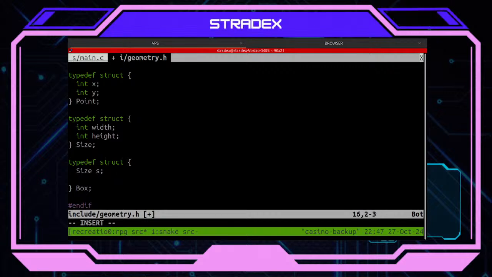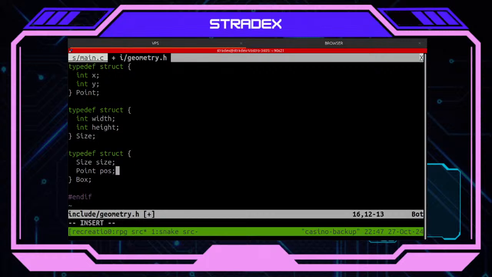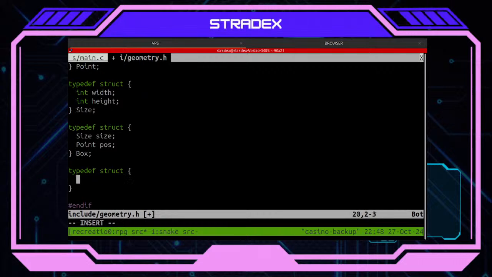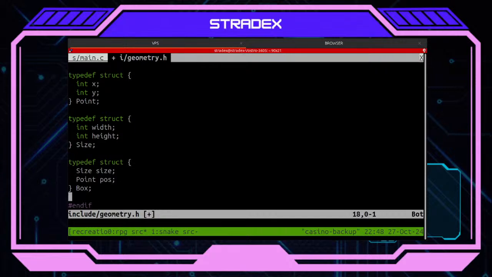Size as well, that's better actually. Okay. And now let's create some sort of, no, this is good enough for me. I can have this geometry here.